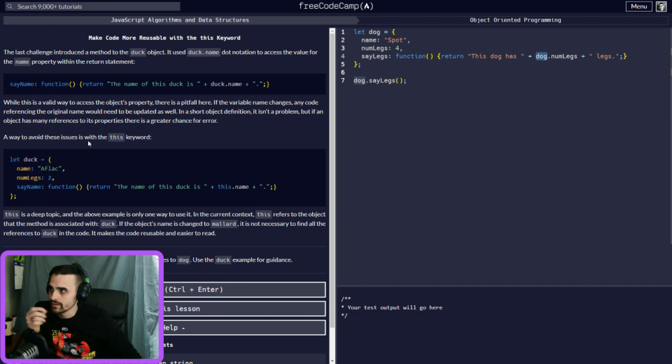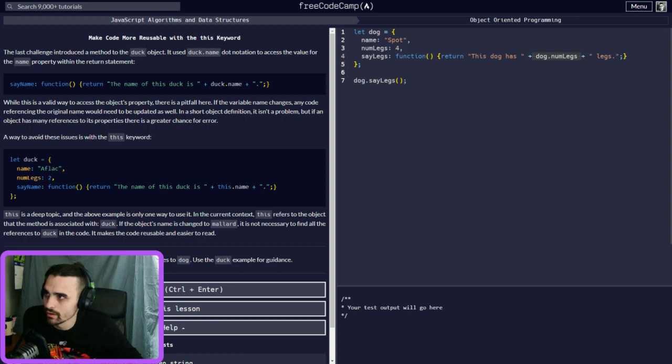A way to avoid the issues while accessing the object property: there is a pitfall here. If the variable name changes, any reference to the original name would need to be updated as well. So anything you do right here, if this changes, then this is no longer valid, and it's gonna bring issues. A way to avoid these issues is with the this keyword.